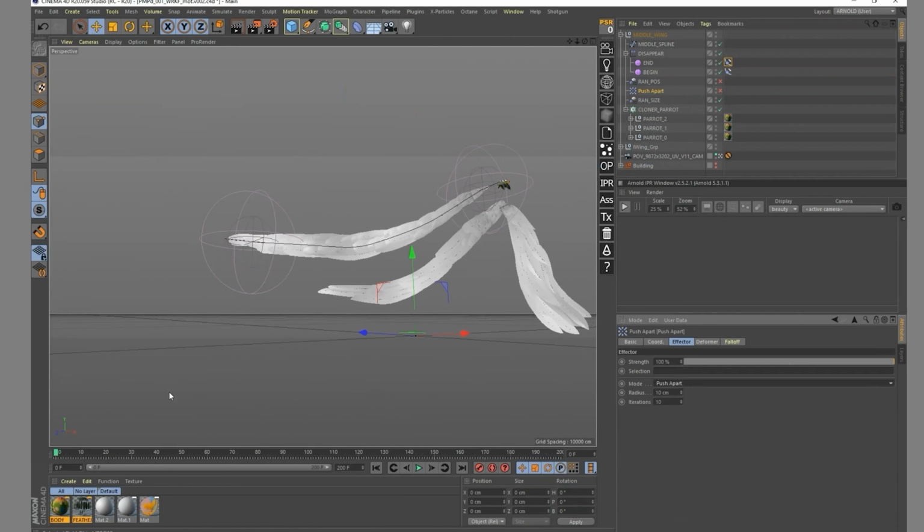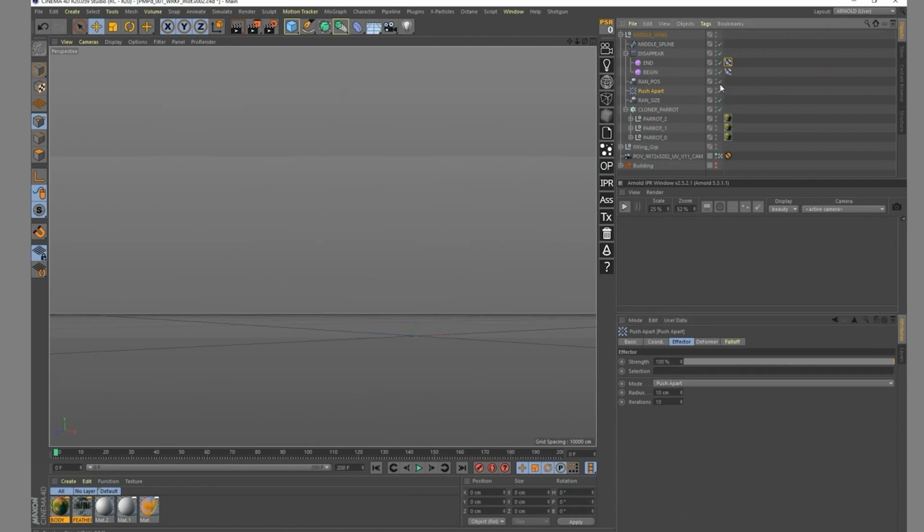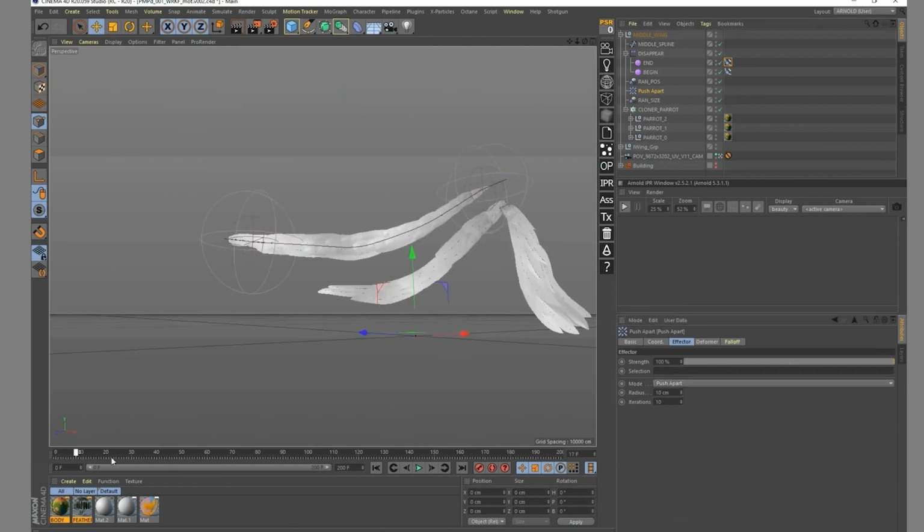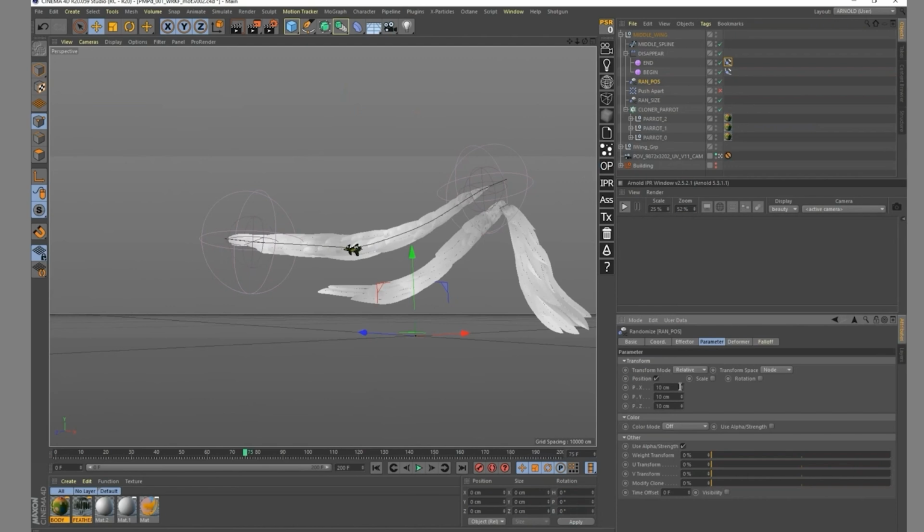So I realize right now that my push apart is having some issues, like for example, if I put everything back on, I'm just changing position at every frame. I can just deactivate the push apart and make way more width inside of the random position.